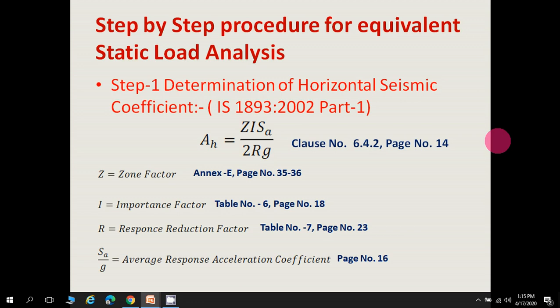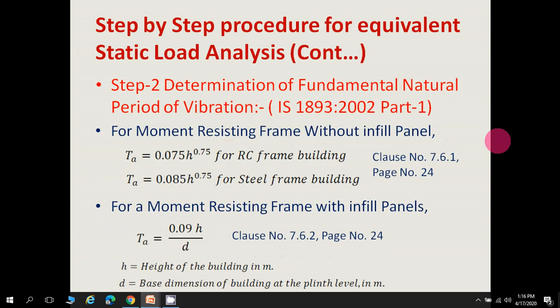SA by G, the average response acceleration coefficient, which is given on page number 16, depends upon the fundamental natural period of vibration and the soil type. So it depends on which soil you are constructing the foundation of the building on, whether it is soft soil, medium soil, or a hard strata. So SA by G will depend upon two factors: the soil conditions of the particular region, and the fundamental natural period of vibration. That will be discussed in slide number